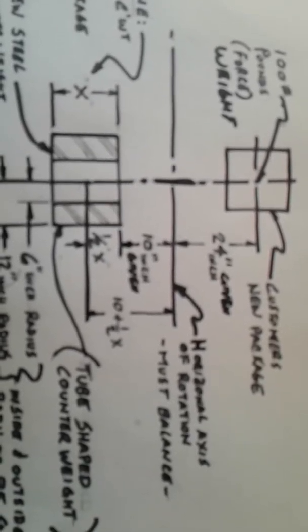Now the new counterweight had to mount like the existing counterweight did, so it had to have the same ID and OD, but it all had to balance about the horizontal axis, which you could think of as like a cradle. So if the customer's package is 100 pounds and the center of it is 24 inches above,